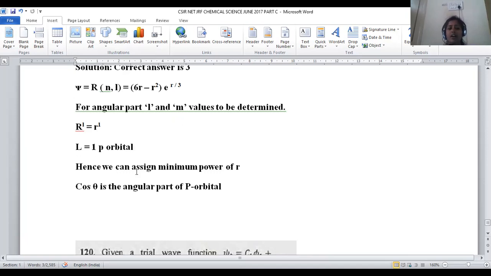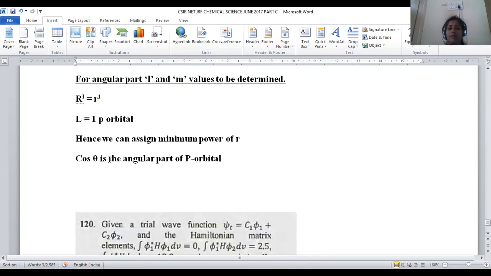For this p orbital, the minimum power should be assigned to r. What is the minimum power? Minimum power will be 1 only. A value less than 1 will not be there. So that's why we denote r to the power 1 only. Okay, so for the angular part of the p orbital, cos theta will be